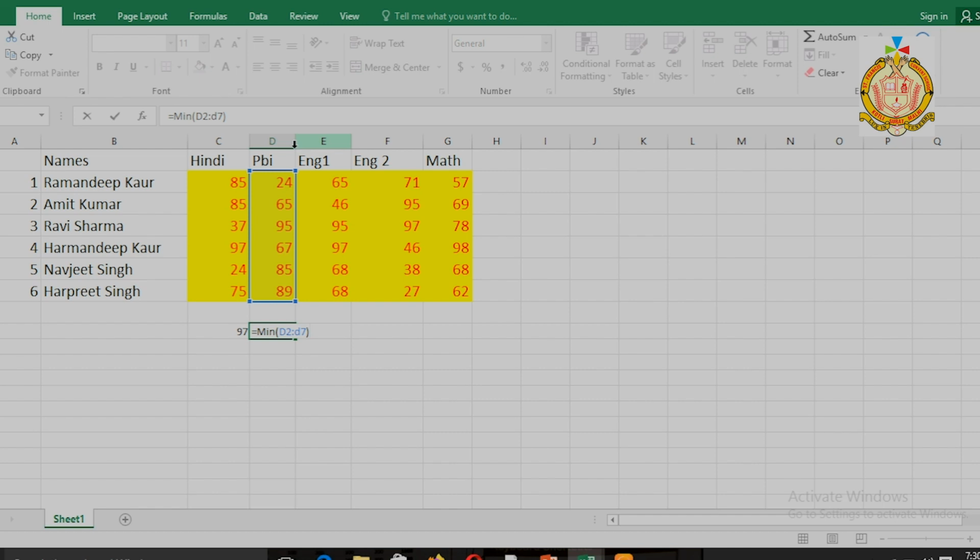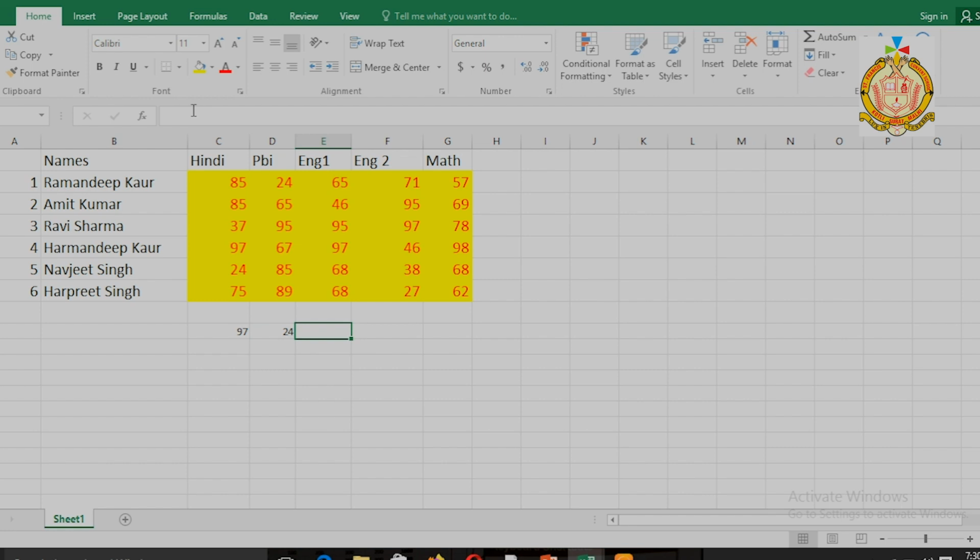You do not need to be confused that once we are putting capital D and another time small d, there will be no problem. You can put capital or small, anything you can use. Then the min function will return the minimum value, whatever the value is, the shortest number, it will display. So I'm going to click the enter key, see, now it is 24 here. The least number comes as 24.